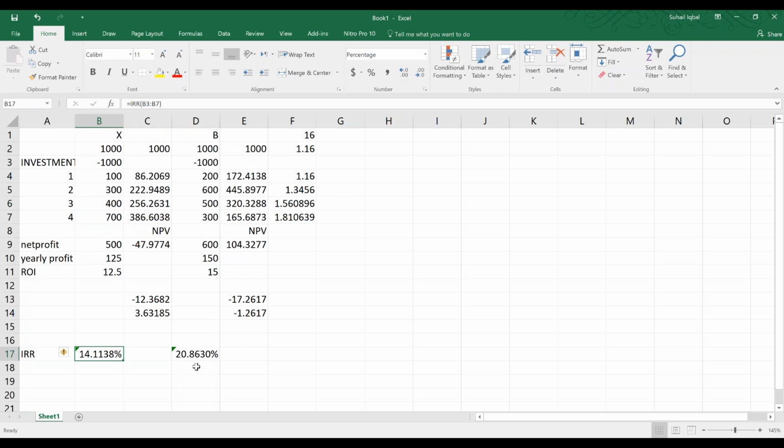ये कंप्यूटर एक्सेल पे निकल आएगा। 14.1। ठीक है, और ये एक दूसरा प्रोजेक्ट है। ये एक्सेल का अपना बिल्ट-इन फॉर्मूला होगा। ये दूसरा प्रोजेक्ट है, इसका निकल रहा है 20.8। तो इसका मतलब है दोनों को कंपेयर करें, जिसका ज्यादा होगा वो विनर है। तो इन ऑर्डर ऑफ प्रायोरिटी,